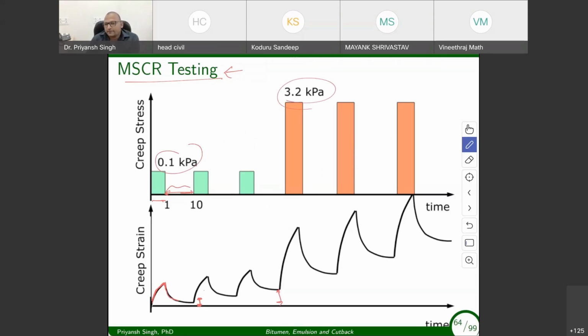This gives us a characterization of the binder, or data regarding the binder performance, when you have different loads. Also, the amount of load we used when we tested the sample for G star sine delta and G star by sine delta was quite less. At that low loading, it's rare to see the effect of cross-linking of the polymer modified binder. So in order to activate that cross-linking, we need to use a higher load for the polymer modified binder, and that's how higher loads come into the picture to characterize that cross-linking binder more efficiently.